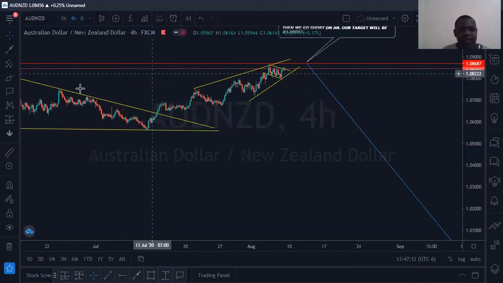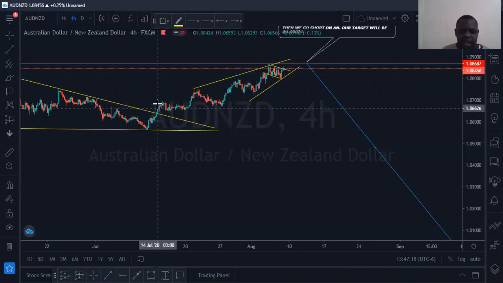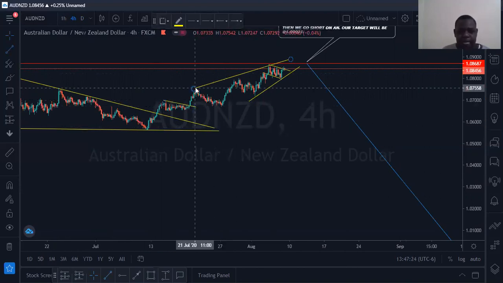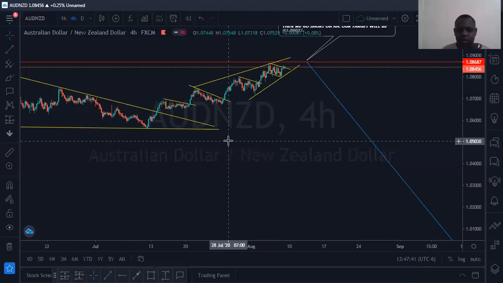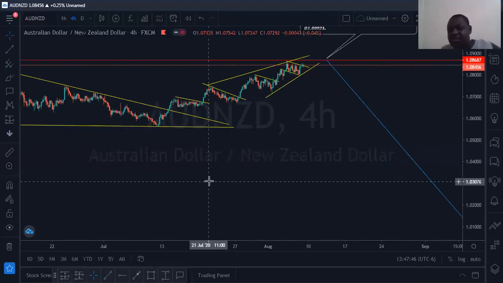I'll explain much deeper how I got the analysis. So guys, as you can see, immediately after the breakout, I saw corrections over here. The market was busy giving us corrections and places to enter to scale in. It has been giving us opportunities to scale in onto this trade. So yes, guys, there were many opportunities on AUDNZD that we would have taken, but actually we missed them. But it's not a trend smash. Just now we're looking at the current momentum, the trade that we're about to take.